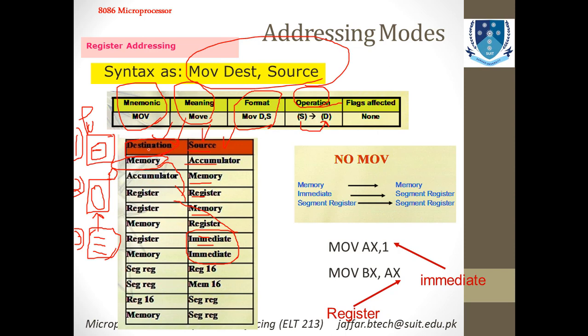So it's not real time, but it can be done with some delay, because there will be some time taken to store this immediate data into some register or accumulator and then deliver it to the destination. So this is a small difference, but it has a big impact. It can be asked in your exam, or in your viva, or in any job interview or further educational interview: what kind of data can the destination carry?